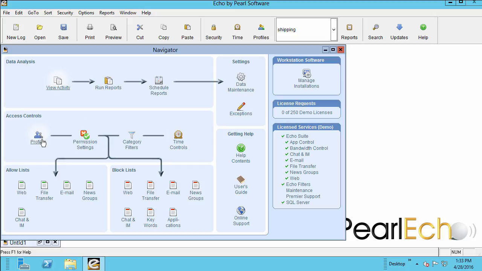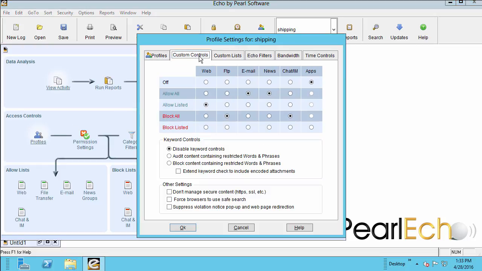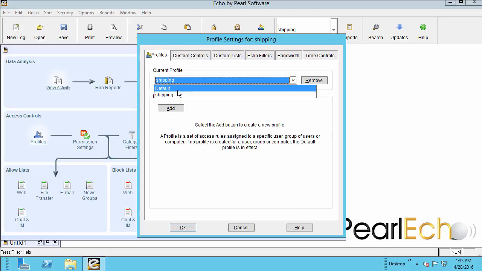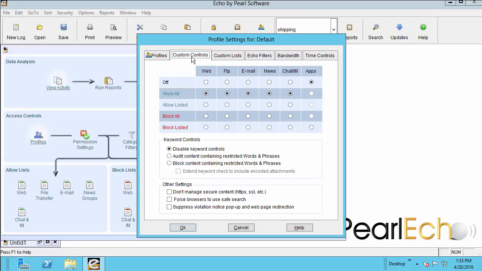Once the Allow list is saved, all users that belong to the domain group called Shipping will have access to only the two websites we defined, no access to FTP, chat, or IM, and full access to mail and news groups. All users that don't belong to the domain group called Shipping will be managed by the user or group Internet control profile that you create. If a specific profile is not created for a user or group, your customized default Perl Echo Internet Access profile